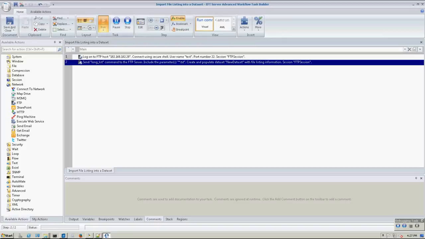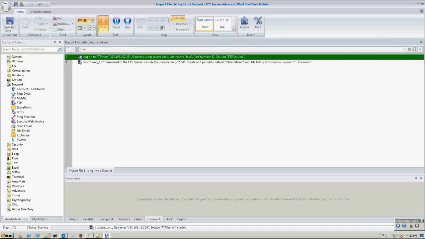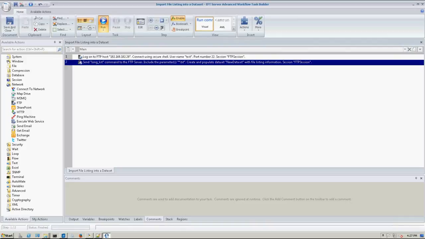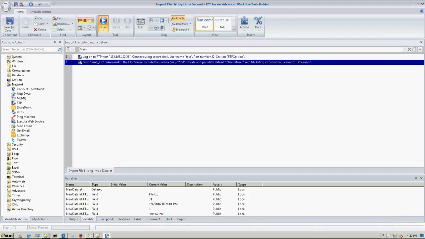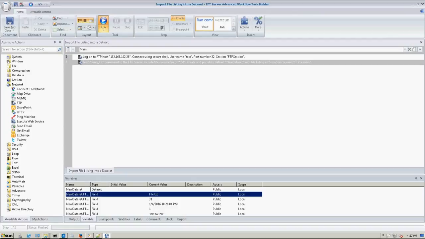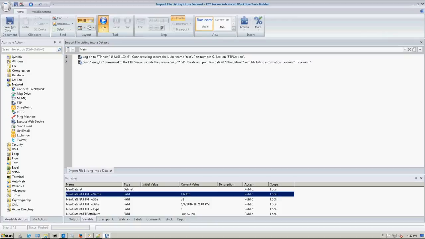Now, let's go ahead and run it here and take a look at our output. And we should be able to see that actually filled in the variable. So now you can see here, the file.txt here is actually stored in this data set variable, the FTP file name variable. So this is just one actual element of that particular data set. So now we just need to loop through this data set and then actually